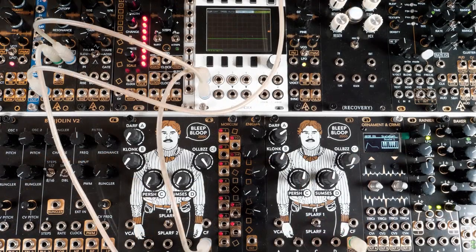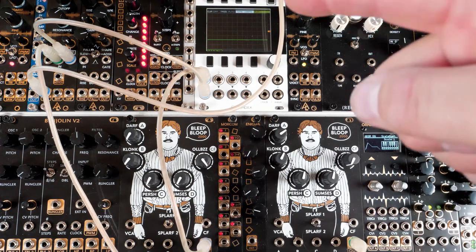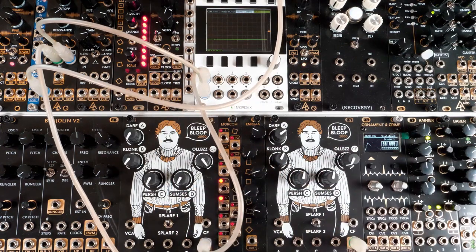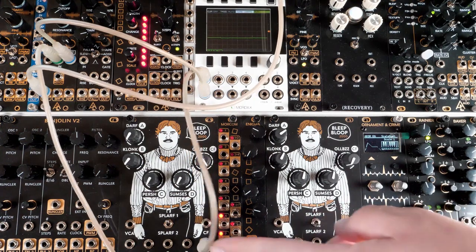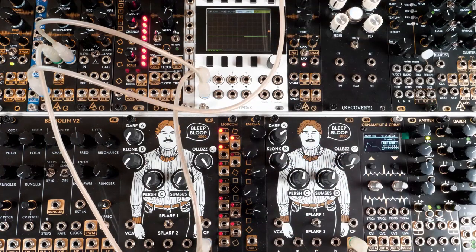Let's explore the BB2K as a control voltage source. So what I'm going to do is run the BB2K on the right in audio mode into the filthy filter from After Later Audio, and then I'm going to modulate the cutoff of the filter with the BB2K on the left. As you can see, I'm passing the signal from the BB2K on the left into the Modcast data, so you can see the waveforms, so you can get a visual representation of what we're going to be doing with